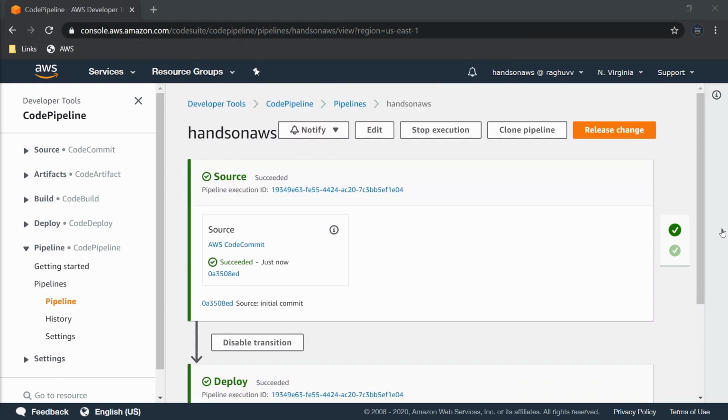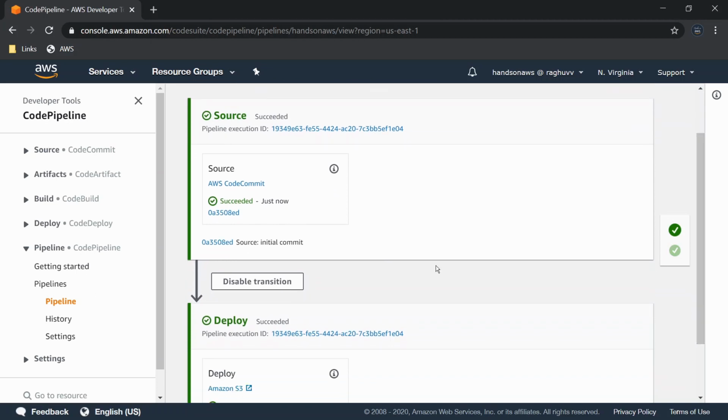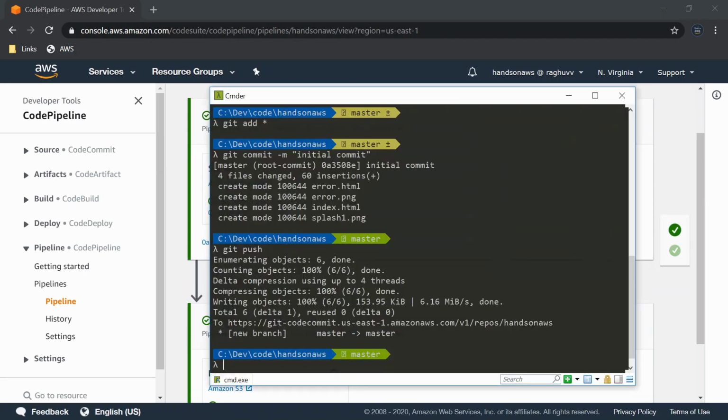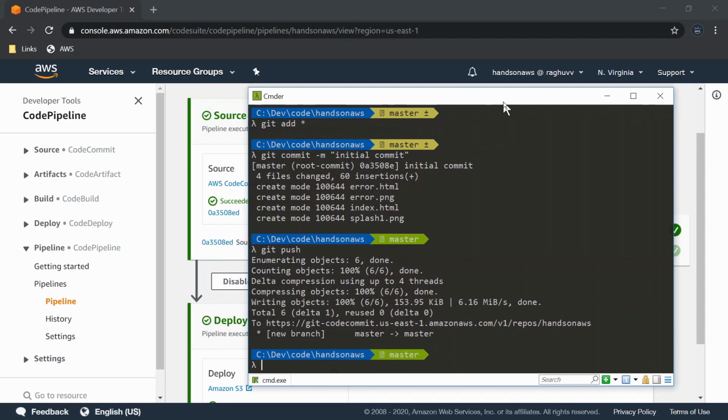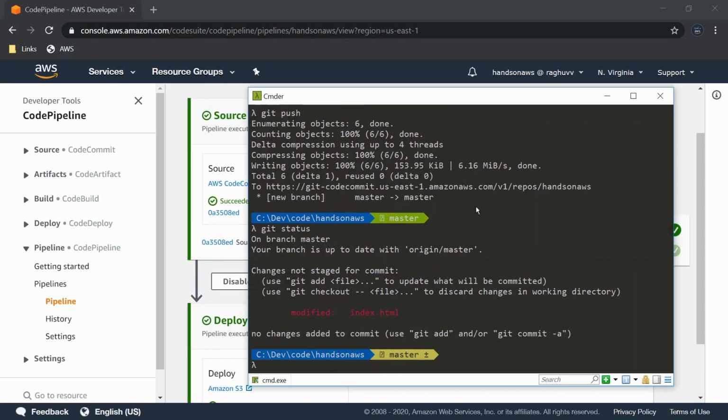Now let's watch the CodePipeline as we commit and push these changes from our local Git repository. So here you do git commit and git push.